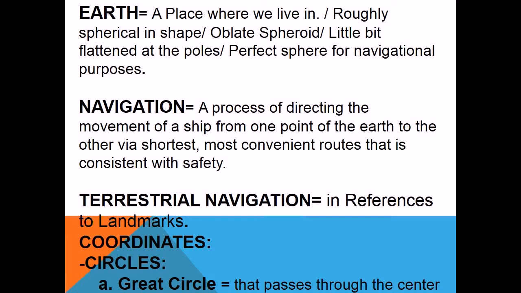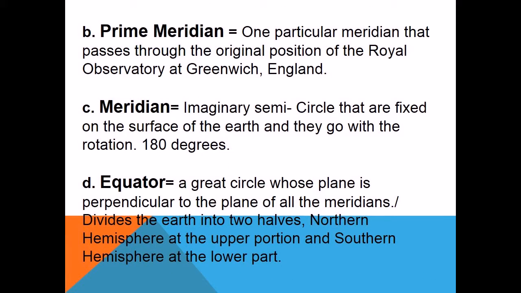Terrestrial navigation in references to landmarks, coordinates, circles. A. Great circle: a circle that passes through the center of the Earth, pole to pole. B. Prime Meridian: one particular meridian that passes through the original position of the Royal Observatory at Greenwich, England. C. Meridian: imaginary semicircle that are fixed on the surface of the Earth, and they go with the rotation, 180